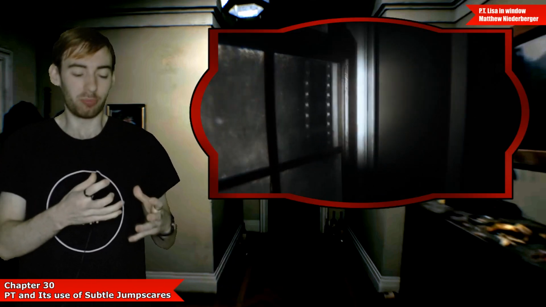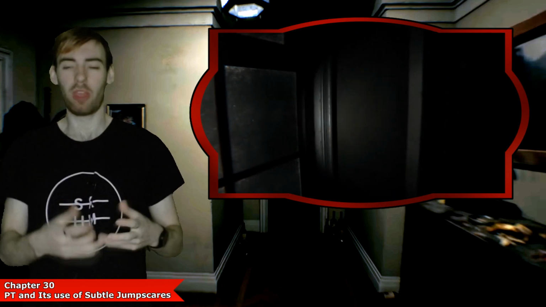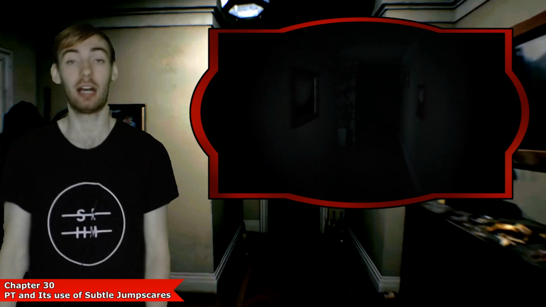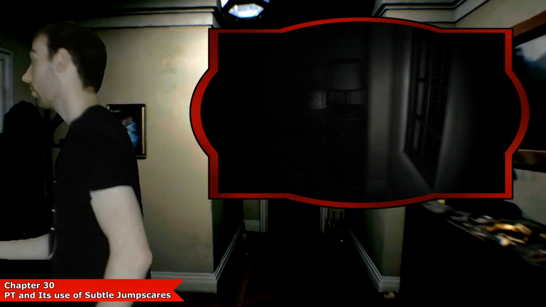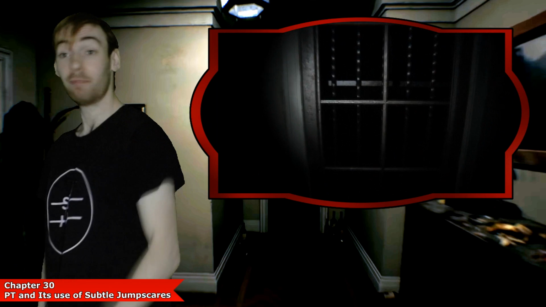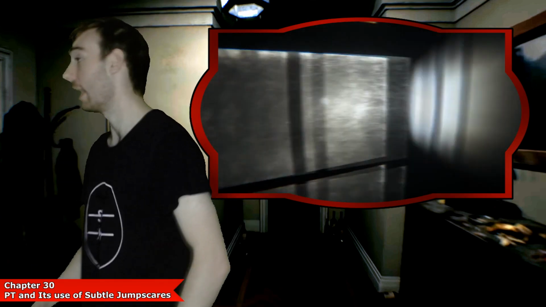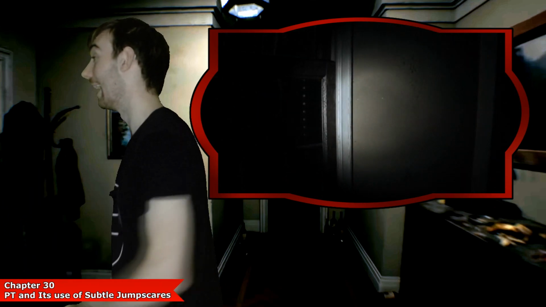In the case of the window jump scare, as you re-enter the room, you can just keep walking. You get up to the corner, you just turn around and start walking down that way. And there's the window there, you just walk right past it and go, oh yeah, Lisa was in that window? Oh, sorry, I missed that, my bad, just keep walking. And it's great, but if you walk into the room